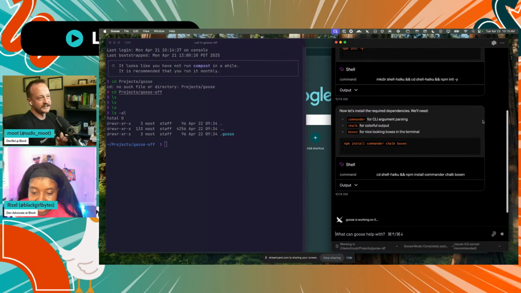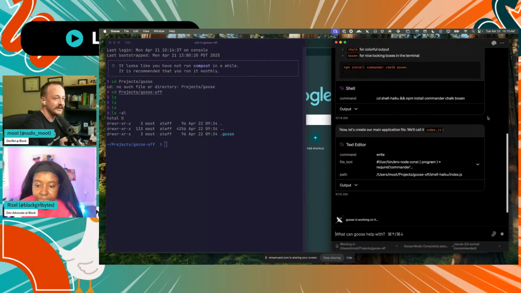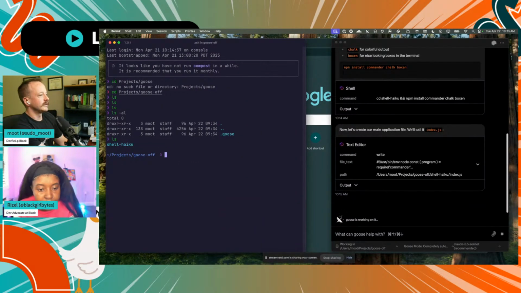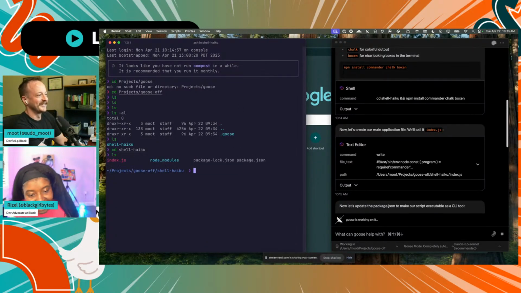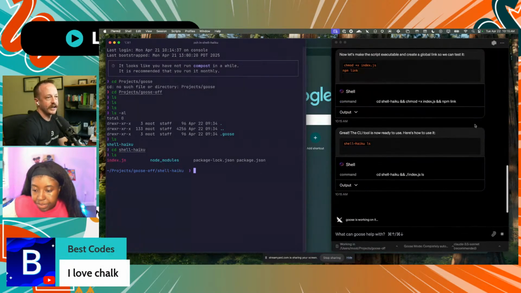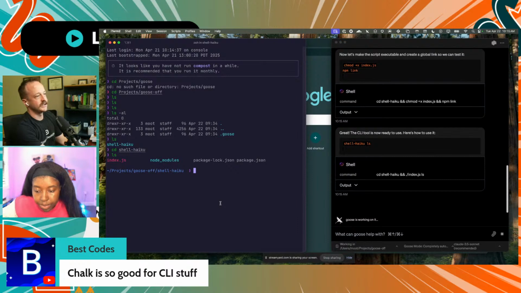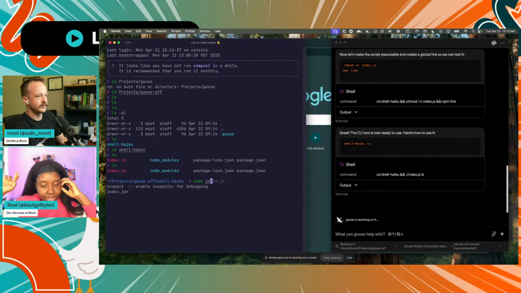Yeah, no, we're seeing some stuff that I like to see. It's using Commander, Chalk for some of the colorful output like Ian had. I've actually never seen Boxen before, so I'm kind of excited to see what comes out of this. I'm just gonna see what we have it generating in there. I feel like this is still within the boundaries of this. I'm not touching the code. I'm just monitoring it. You can look at stuff in the terminal. You can look at the code. Awesome. Okay, we already have a CLI tool, so let's see if we can get this running. All right. Fingers crossed for you.